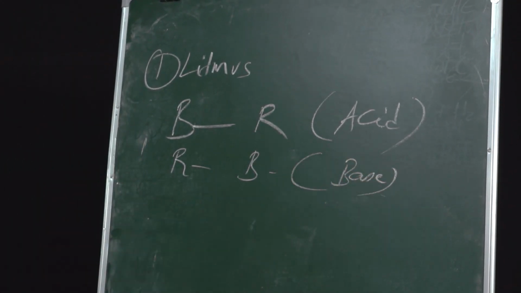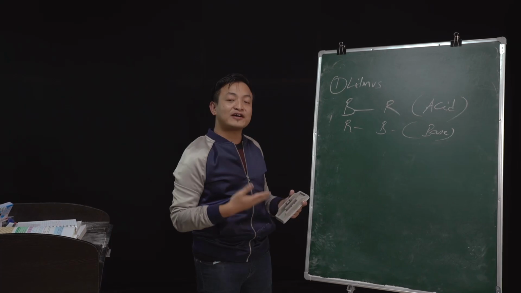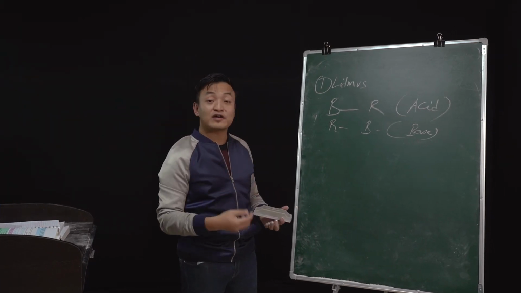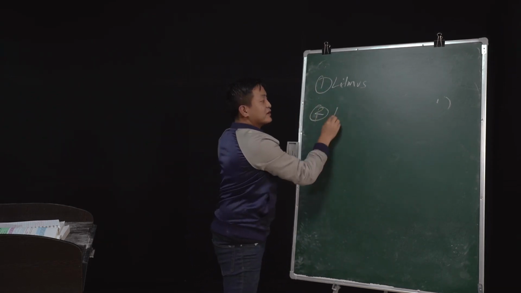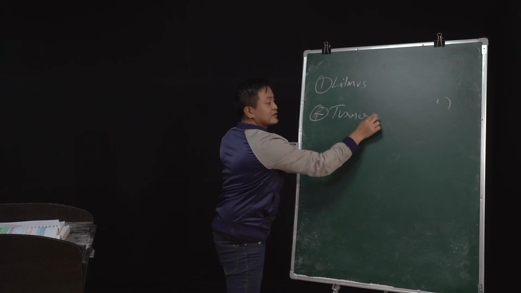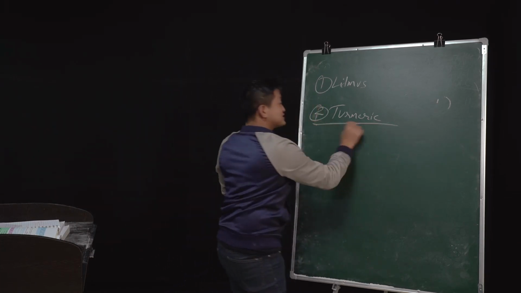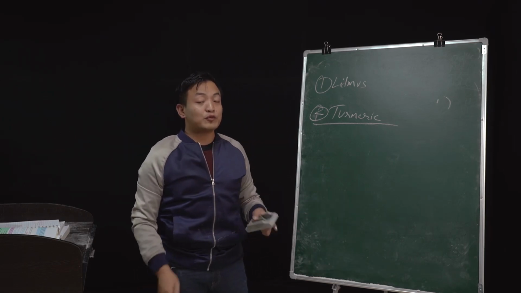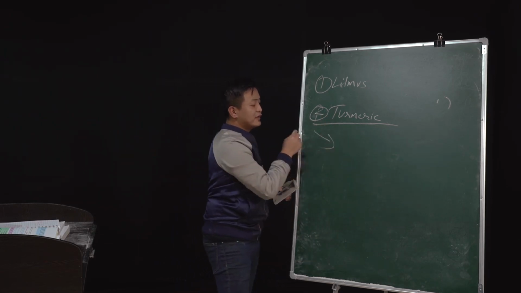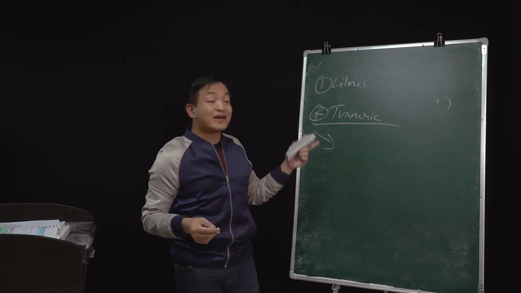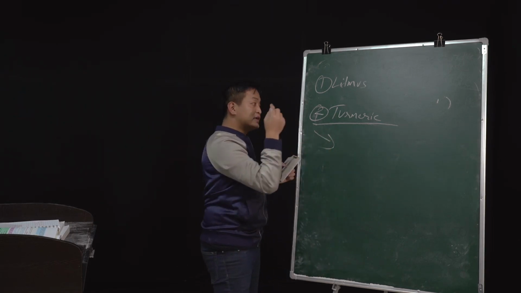Clear? Now the second type of indicator through which we can identify by the change of color would be turmeric. Turmeric, the local name is haldi, okay, haldi powder. Through this turmeric as well, we can indicate whether a solution or a substance is base or acid. Now, how we'll do this one: suppose you make a solution of turmeric powder and water. Clear? And if you put the turmeric solution